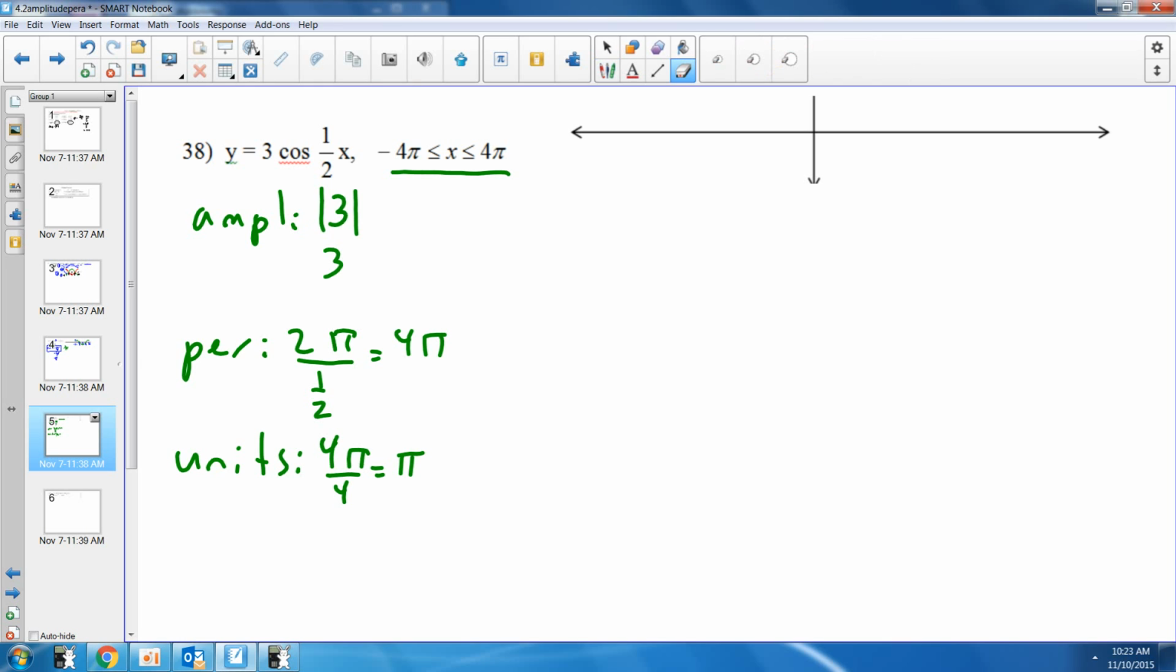So at this point, we're going to go ahead and put my units in, so that's going to be pi, 2 pi, 3 pi, 4 pi, that's all of these units. But I also have to pay attention to